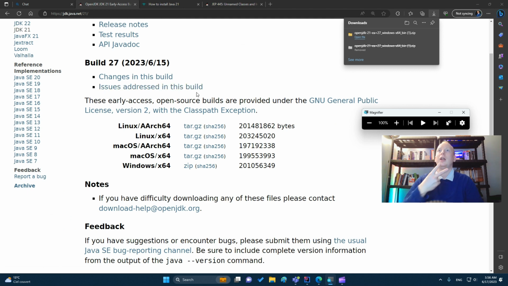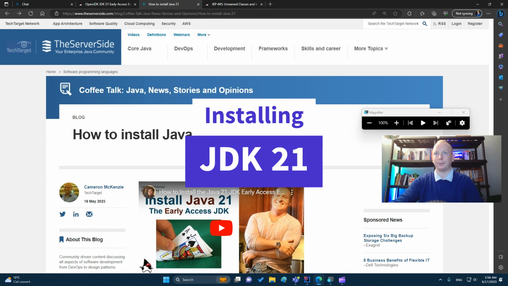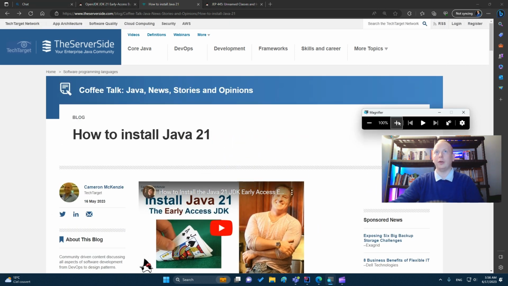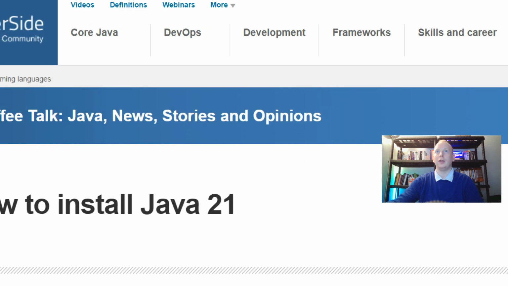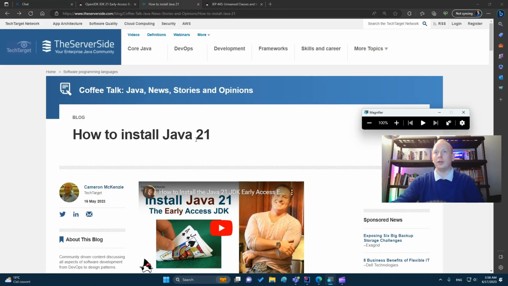So second step, we install the JDK 21. On this website, there is an article explaining how to install it. The URL is from the serverside.com website, with the URL finishing with how to install Java 21. There are several parts.